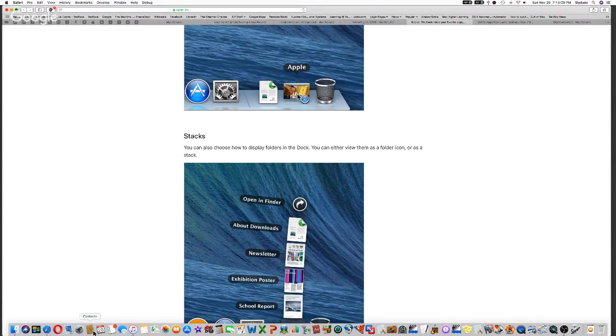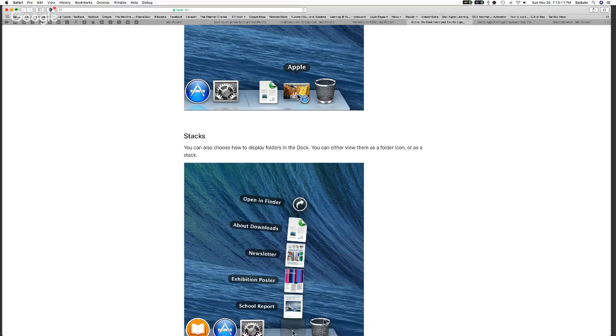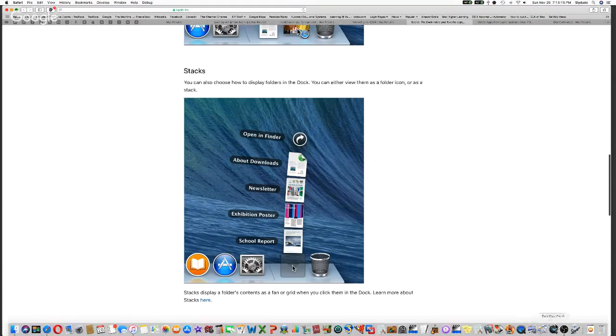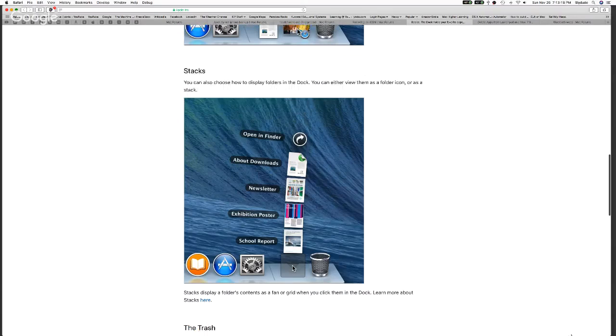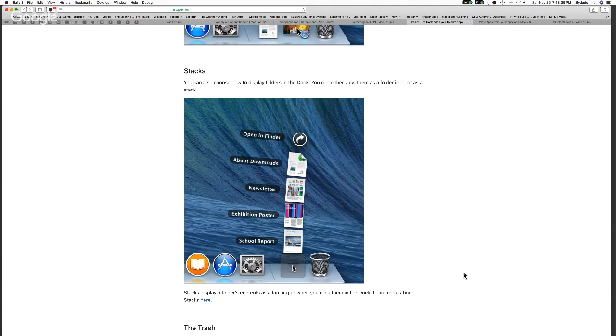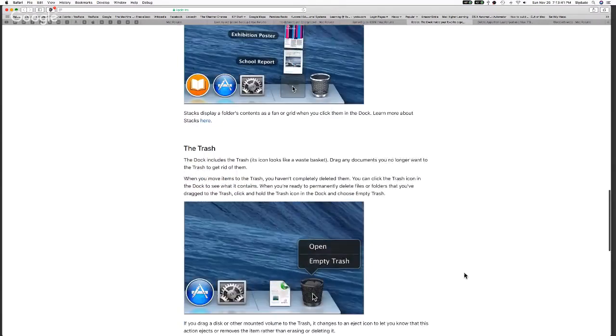You can rearrange these in any particular order, except the one thing that you have to be careful of, particularly in older versions of the OS, only certain things. Right here next to the trash can, there's a little divider line. And if I wanted to move folders, I have to put them in a certain place there, right near that divider line. And this Apple document explains all of that.